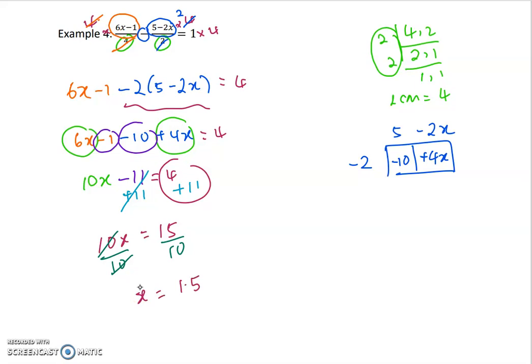Now, if you want to leave your answer as 3 over 2, or you want to leave your answer as 1.5, that is also fine. Alright? So just remember, for equations, we can use the LCM to get rid of the denominator at the very beginning. So we multiply everybody with the LCM, and there's no more denominator, and it will make it a lot